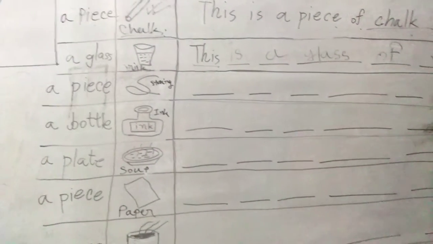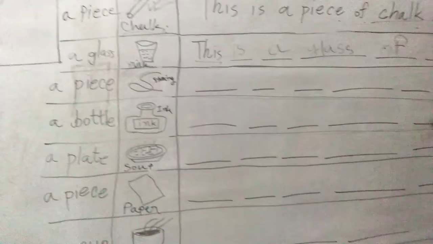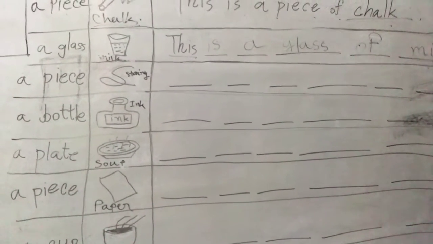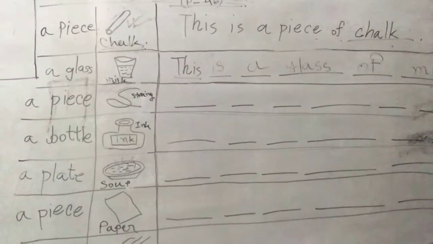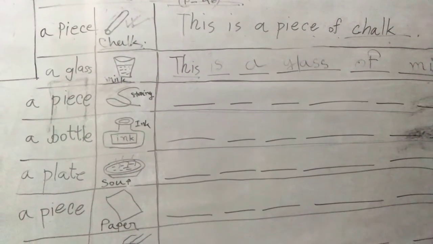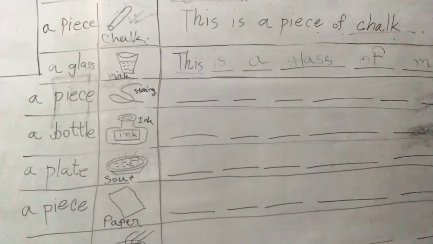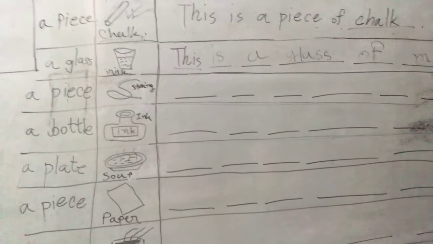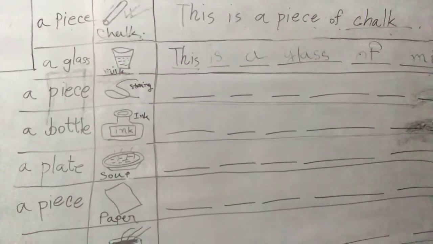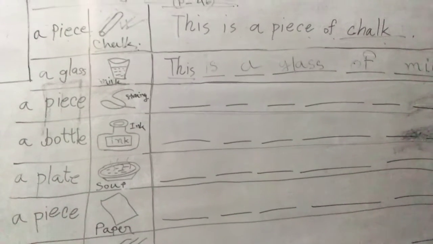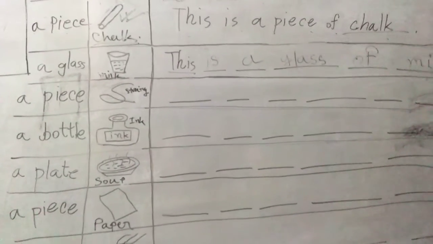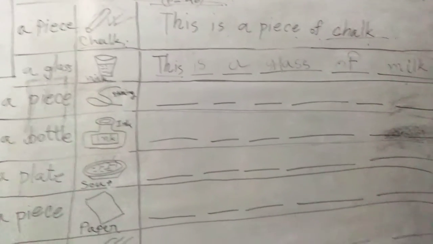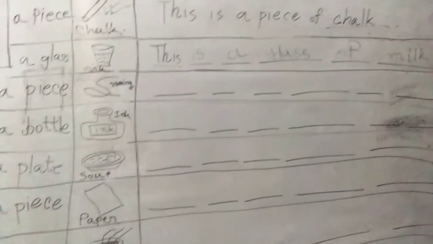See, you don't need to be worried about the picture, because the name of the pictures will be given in your book. You just have to arrange the whole sentence in a perfect manner. All you have to do is follow the sentence pattern, because the picture is already given, and the name of the picture is also given. So you don't need to panic about the name of the picture. All you have to do is put the whole sentence in a good manner, without any grammatical mistakes.